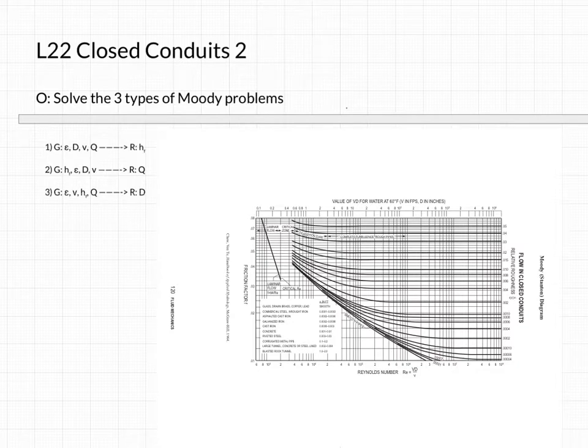Okay, so today we're going to talk about solving the three types of Moody problems. And the first thing that I want to do before I get into how to solve these is, how do I know that I have a Moody problem? So the Moody problem goes back to this Darcy-Weisbach equation. So basically, you've got the energy equation, and as part of that energy equation,